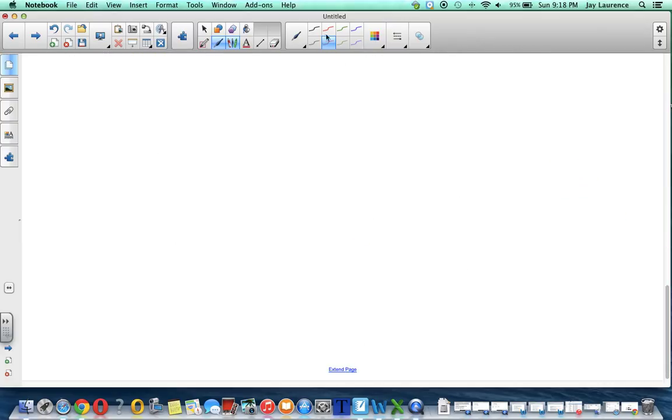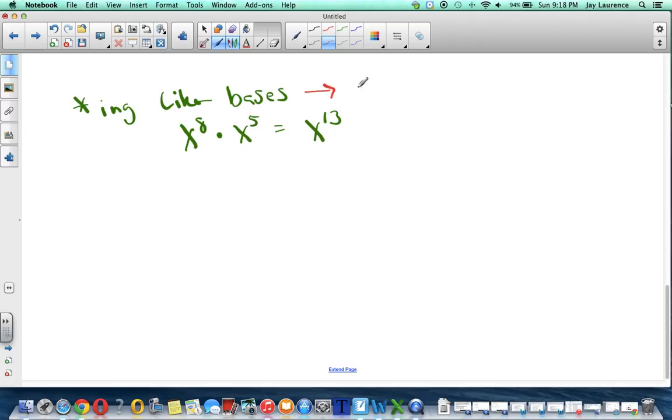All right, so let's recap. If we're multiplying like bases, like, for example, x to the 8th times x to the 5th, that's going to equal x to the 13th, right? If we're multiplying like bases, we add the exponents. And it doesn't matter